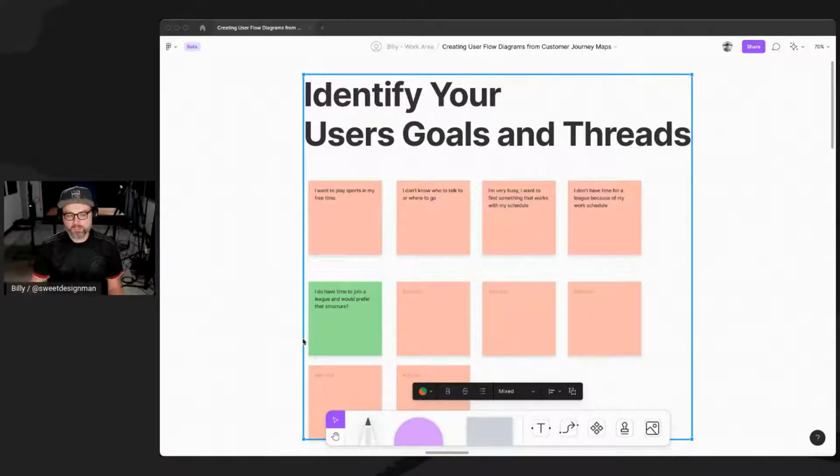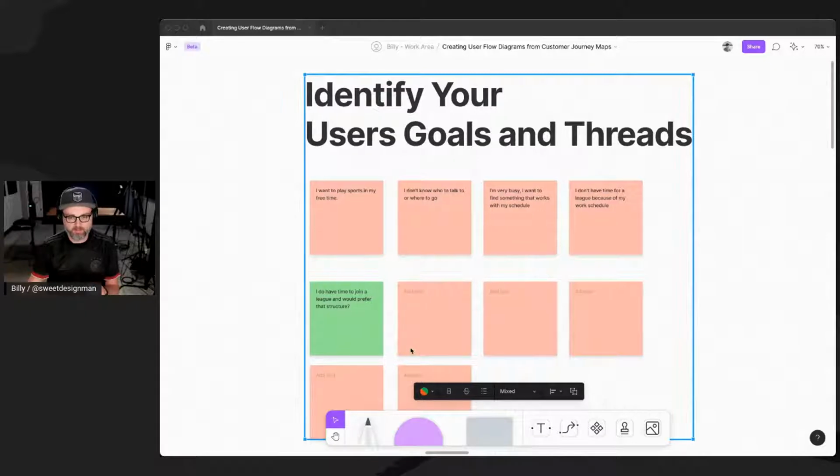So what we'll do initially is we'll start capturing those goals or those threads that we hear in those interviews. This is a small example here with a bunch of note cards. We'll have these note cards laid out. And we might have a team of people going along in these interviews, all capturing different notes, and we'll kind of place them in here. So in FigJam here, we have some pink ones for some individual cards that we've captured. And then we're using green to capture sort of a different type of goal or thread that we're identifying with the league